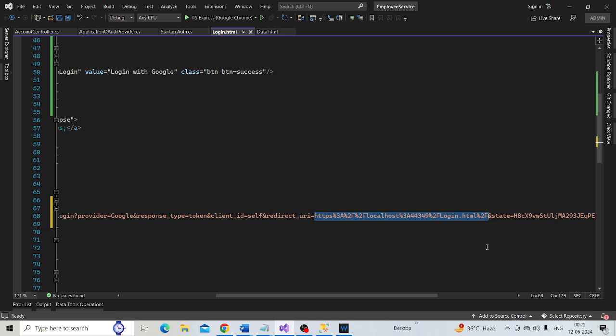Notice after login.html, we have these encoded characters %2f. These encoded characters stand for a forward slash.